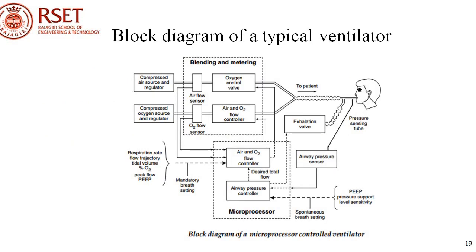The figure shows the block diagram of a typical microprocessor controlled ventilator. The ventilator, as you know, pushes a mixture of air and oxygen into the patient's lungs to get oxygen into the body. The ventilated system here consists of a patient circuit, the airway and the alveoli. Alveoli are an important part of the respiratory system whose function is to exchange oxygen and carbon dioxide molecules to and from the bloodstream, and they are arranged in clusters throughout the lungs.